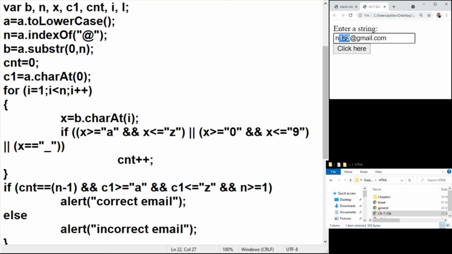Okay, so let me take the digits also off. What if I replaced this with a digit? It says incorrect. So my code is working so far fine. You can go ahead and try and crash this code if you wish. And I'll see you in the next video with a new definition.